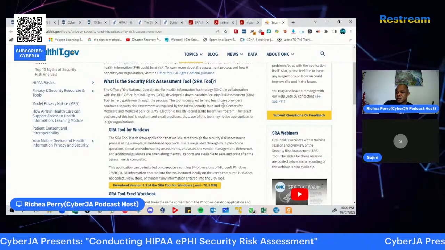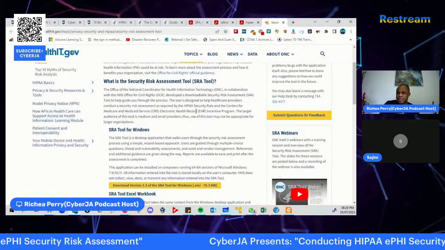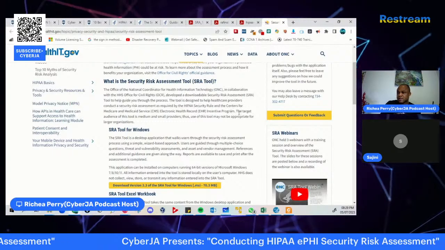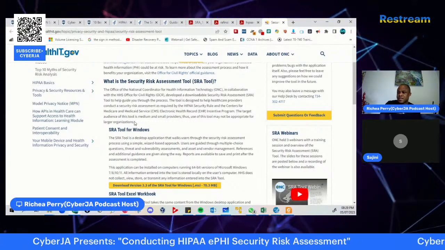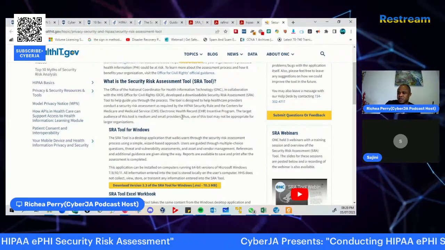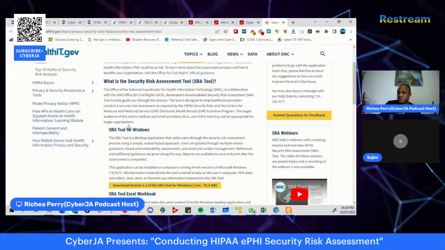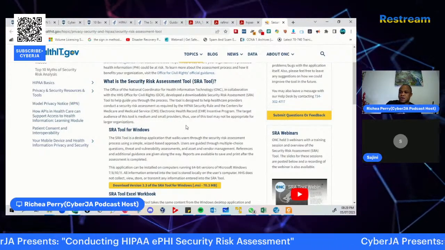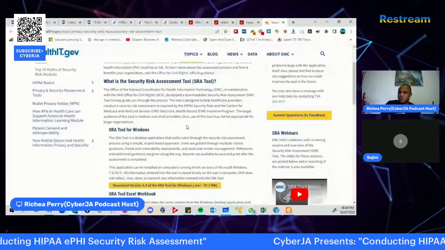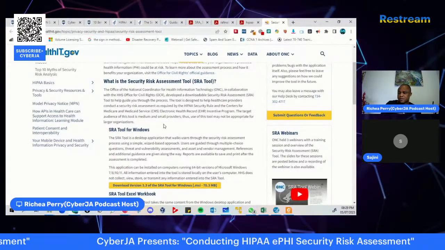The tool is designed to help healthcare providers conduct a risk assessment as required by the HIPAA security rule and the Centers for Medicare and Medicaid Services Electronic Health Records Incentive Program. The target audience of this tool is medium and small providers. Thus, use of this tool may not be appropriate for large organizations.